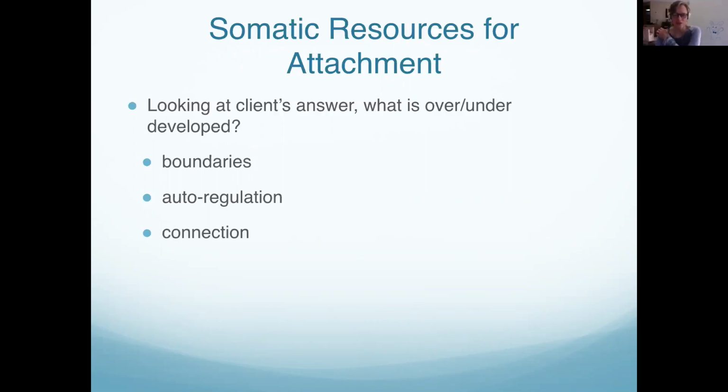For some people, that's overdeveloped. They merge into the other person, feeling everything that's around them, really sensing and feeling everything that's there. And for others, it's like this firm boundary, not connecting with other people, staying isolated. And so what's over or underdeveloped in that area for clients? And then expression of will.